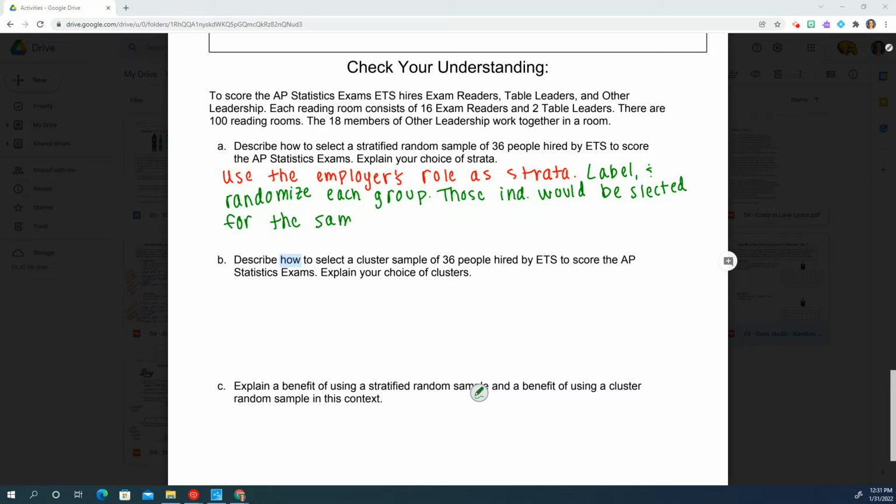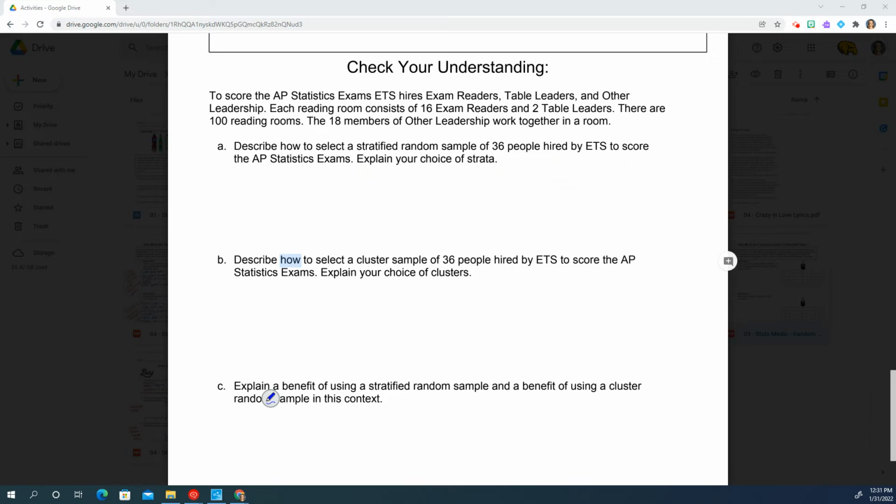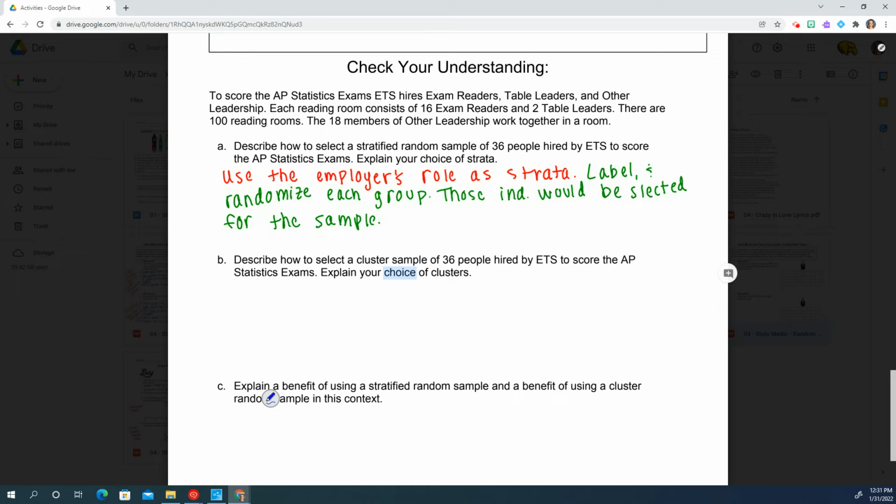Okay. So maybe you can even do a drawing if you want. Group together is 16. Well, let's see, each group. Okay, so maybe we could do math here later. Exam readers, that's one group. Table leaders, that's another group,